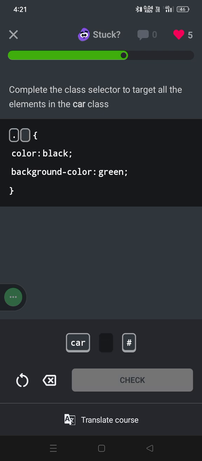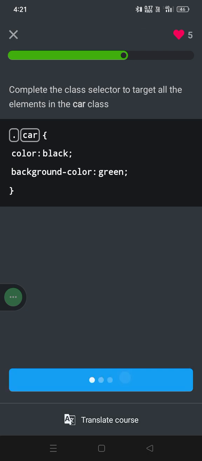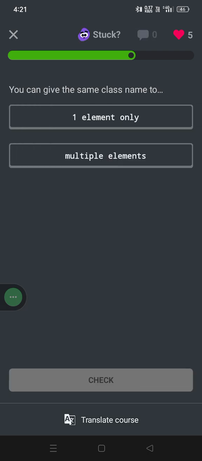So dot car, it is a class. It is simply dot car. You can give the same class name to multiple elements.